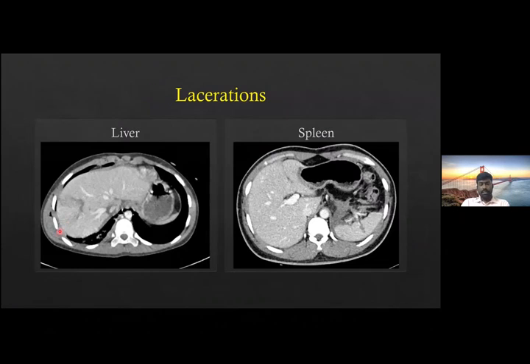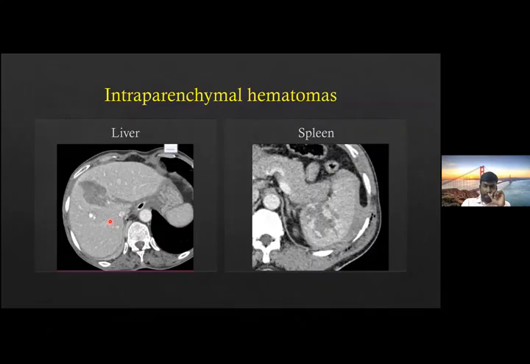Now, a laceration is typically described as linear branching hypodense non-enhancing areas, as can be seen in this liver parenchyma and in this spleen. And here we can see extension of one of the lacerations to the juxtahepatic and juxtacaval location in this case. And then intraparenchymal hematomas are tricky to diagnose because there is a constant confusion with parenchymal contusions. However, you can see that intraparenchymal hematomas are usually a little hyperdense, and more often than not, there will be surrounding lacerations which will be extending. So more commonly, it is a case of